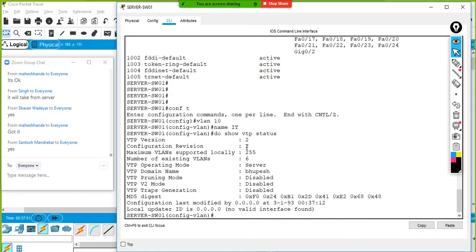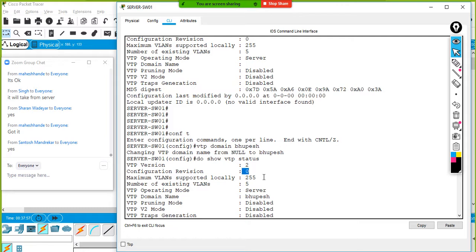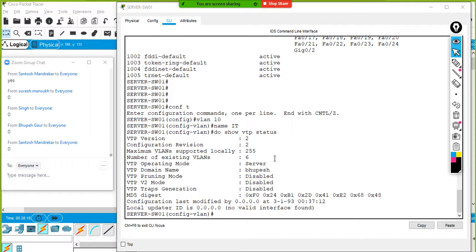Did you see here, before the configuration, the revision? Everybody focus. Did you see what the configuration revision was before? For you to understand, guys, there is something important here. What is the default configuration revision? Help me out. See there. What is this? 0. Now after this, what I did, see there, I just went there and typed VLAN